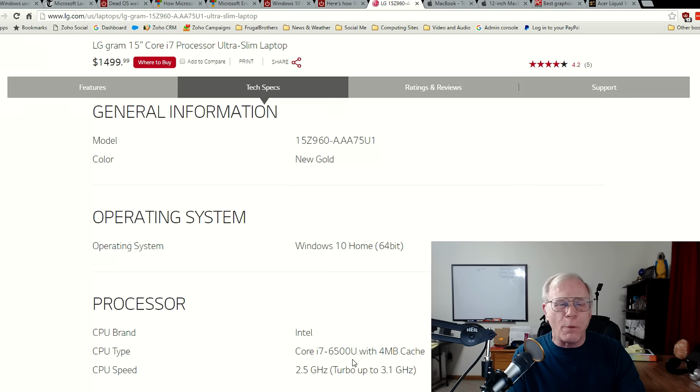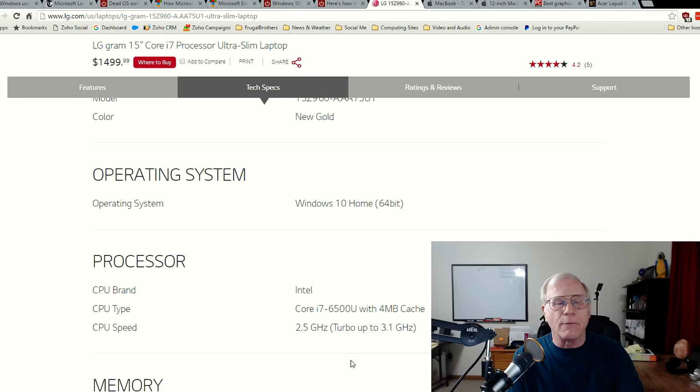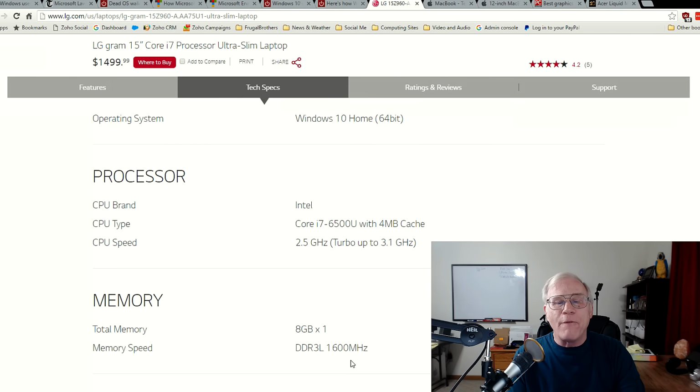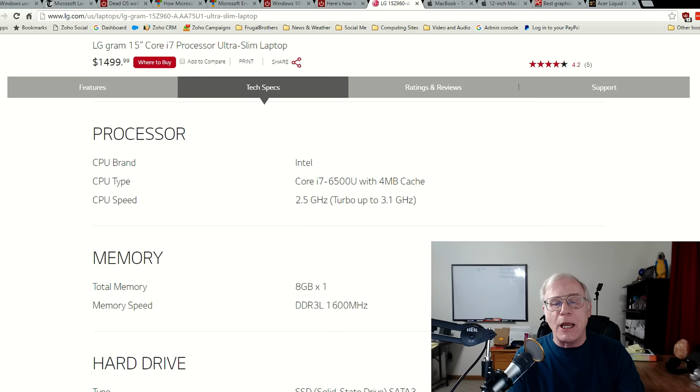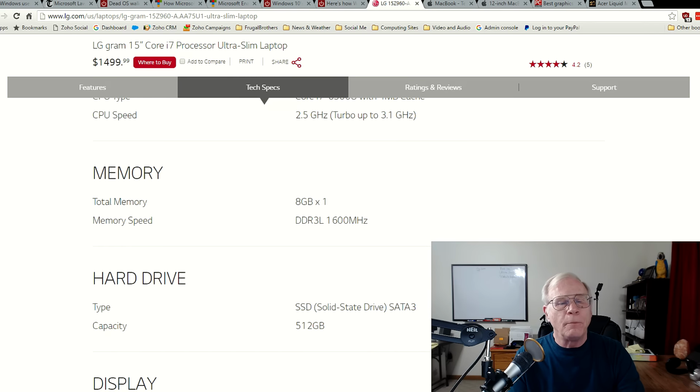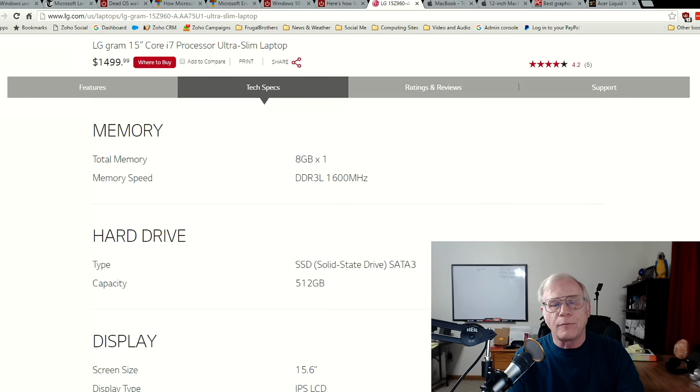Look at how much more power you're getting. 8 gigabytes of RAM on this thing. 512 gig SSD. It is a SATA 3, so it's not going to be as fast as necessarily the SSD built into the MacBook, which is the flash-based storage. Regardless, it's still going to be smoking fast.